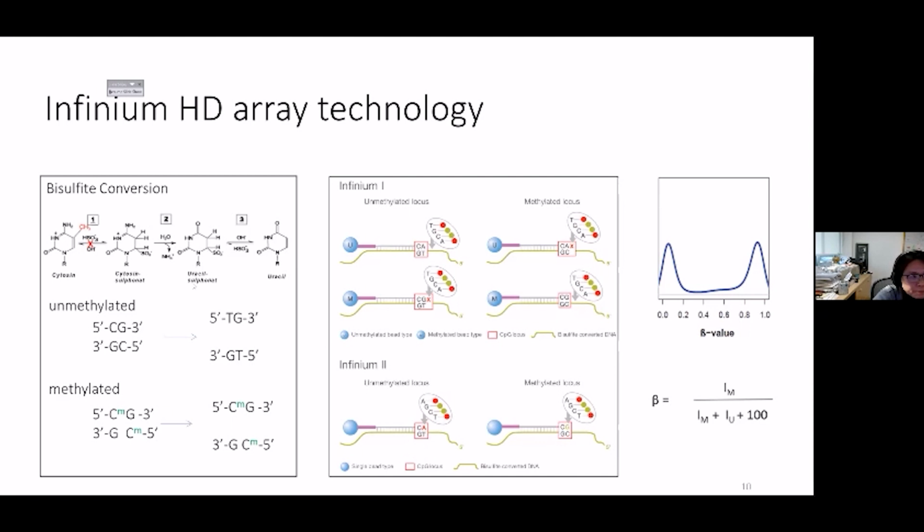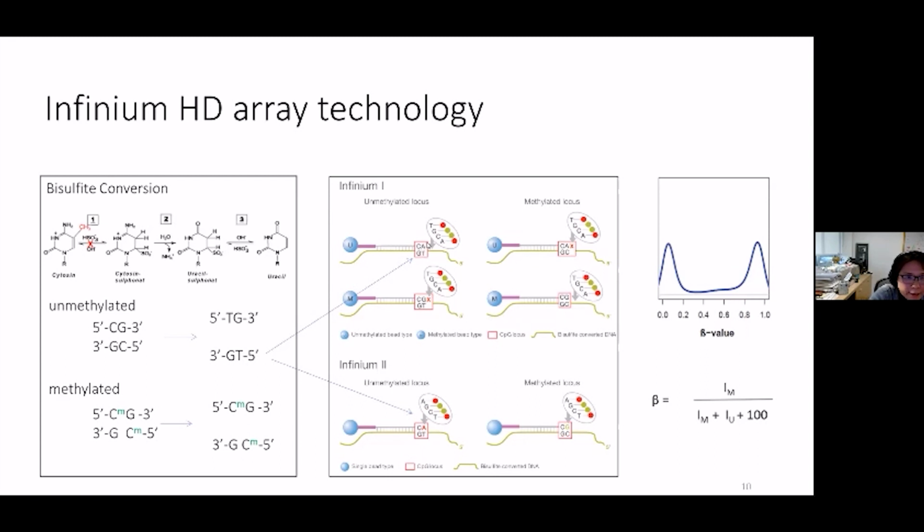So as you know, the bisulfite conversion reaction is a chemical reaction which converts all unmethylated cytosine in the DNA sequence to uracil, which is eventually converted to thymidine post amplification in the assay. The methyl group at the methylated cytosine prevents the deamination, blocking the bisulfite conversion. So after bisulfite conversion, the unmethylated C becomes T, and it will